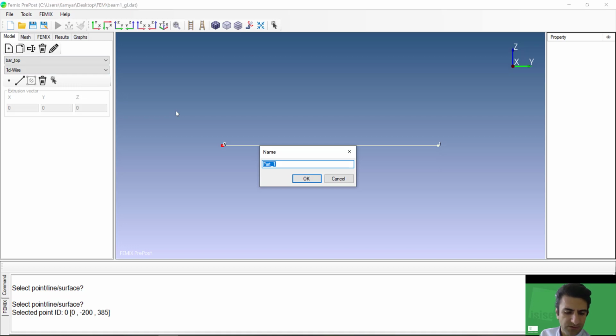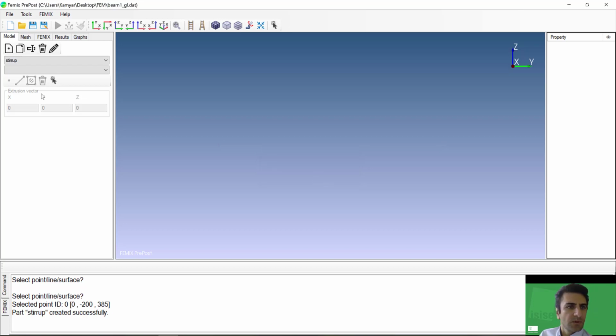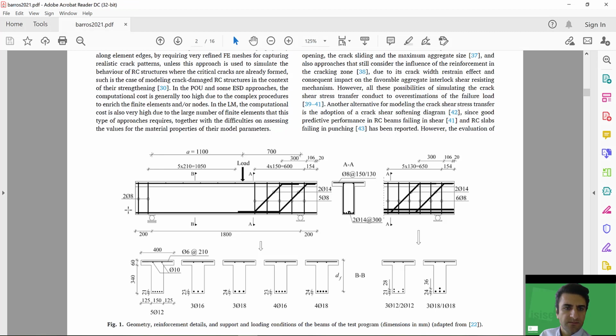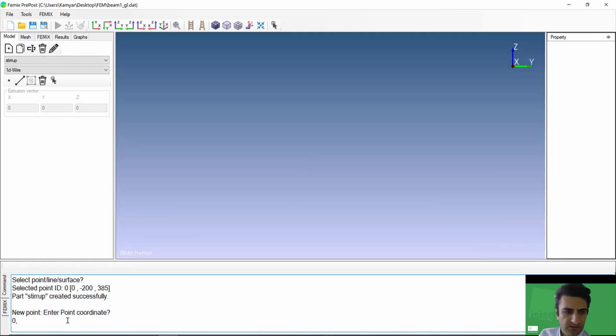And then I'm going to draw the stirrups. The stirrup is 1D, and I need to draw the coordinates of the vertices. Because we have different stirrups, we need to introduce the coordinates of a start and end of each section. The first one is 0, -20, 0, 0, -20, 400,